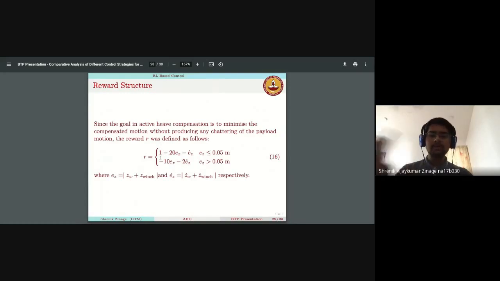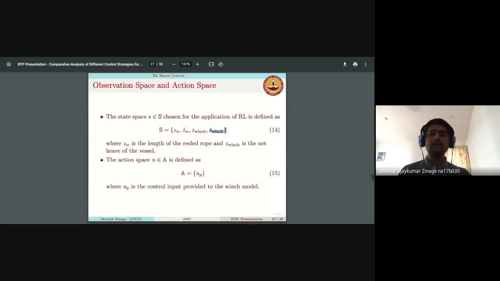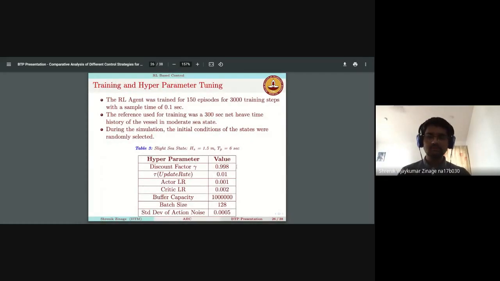So this is for one particular time instant. Since I'm doing the study for around 300 seconds, that is 3000 time steps, these rewards would keep on adding up, and that total discounted reward would be learned. Based on that total discounted reward, the RL agent would learn that behavior, and that total discounted reward followed this function. I set the discount factor as 0.998, which means the second output would have around 0.002% less weightage than the first output.